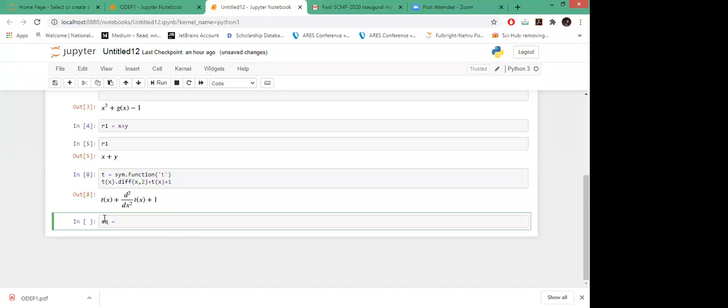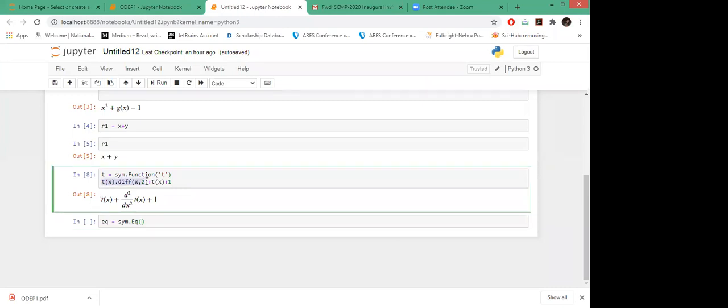For an equation, I need to call this Eq function, and what I will pass in this, I will pass this whole equation. Suppose I want this t of x plus 1 term on the right hand side and this second derivative term on the left hand side. So first I will pass this.